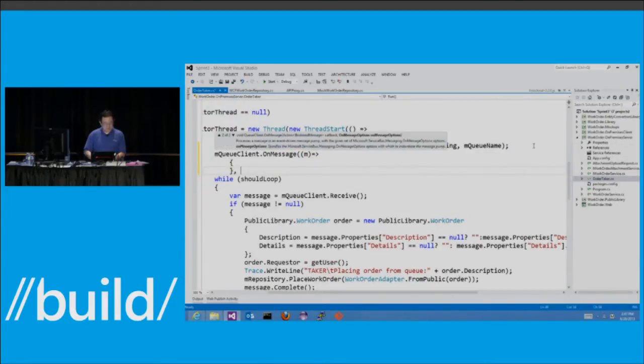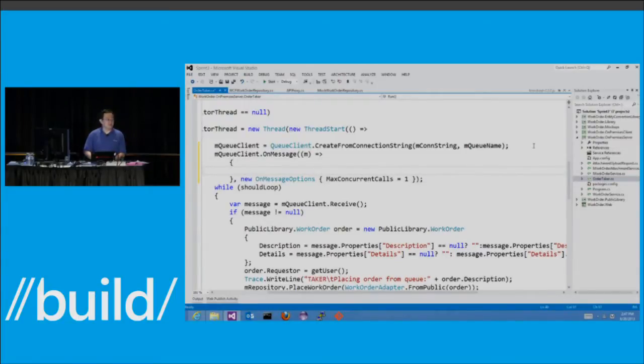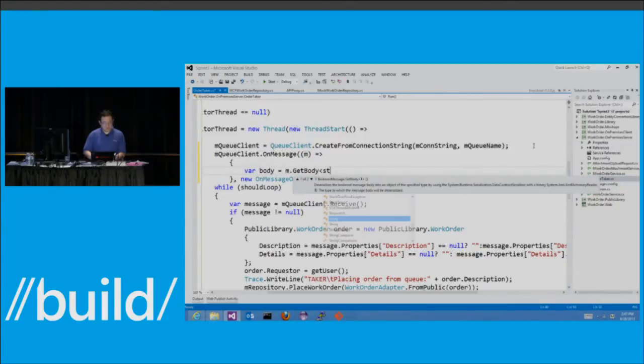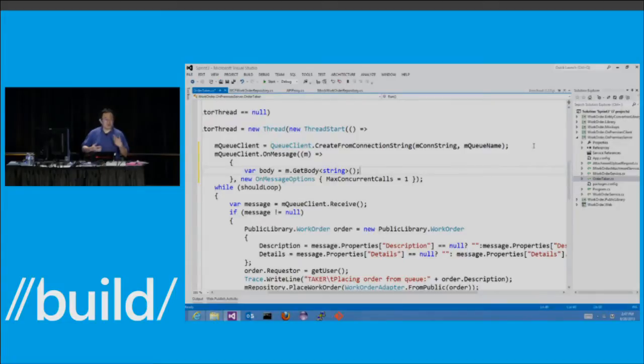There's another option which I'm not going to go into details here. Basically, you can wait for this on-message event, and in this event callback, you can just say body equals get body. You can read your message and complete the message as before.